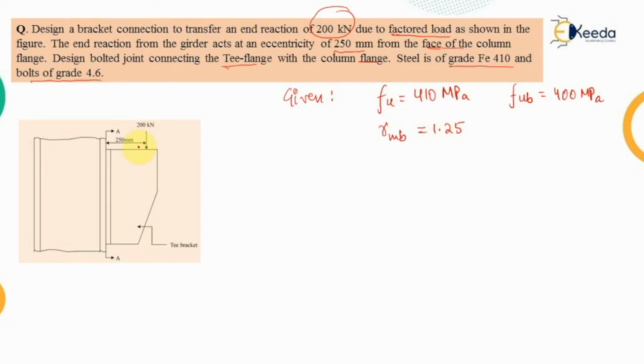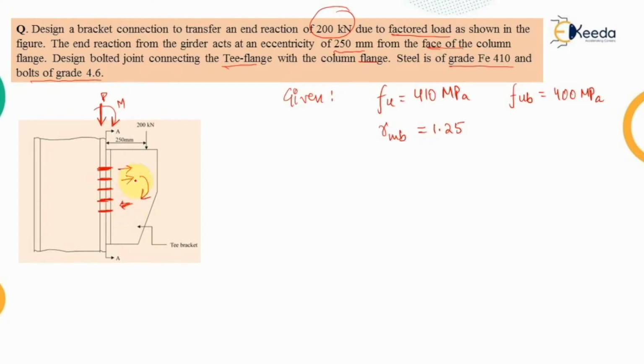Now this section AA, that means the connection has been provided along this section AA. The connection is provided in this direction. These are the bolts which are provided. Whenever this load is transferred here, it will be transferred in the form of a load and a moment because of eccentricity. Because of the load the bolt will be subjected to shear, while because of the moment it will be subjected to tension in the top portion,